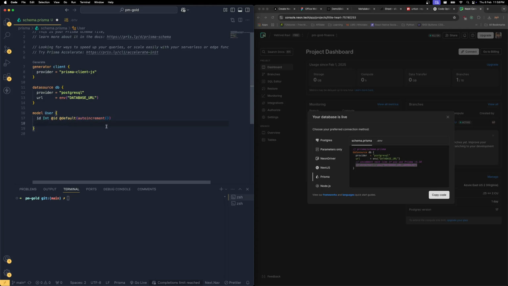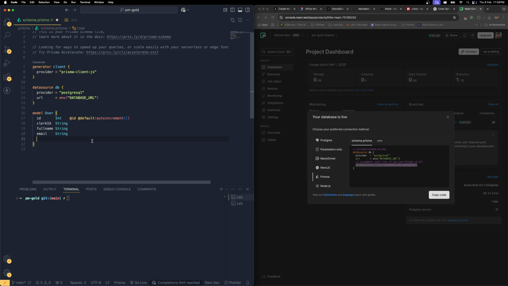Okay. Then I need to generate the user ID, which is provided by Clerk itself. So I'm going to keep it as a string. Otherwise, what we can do, instead of user ID, I can keep it as the clerk ID. Okay. Then I need to get the full name of the user, full name, which is going to be a string. Then I need to get the email, that is also a string. Then I need to get the profile image of that user. So let's keep it as the image URL,